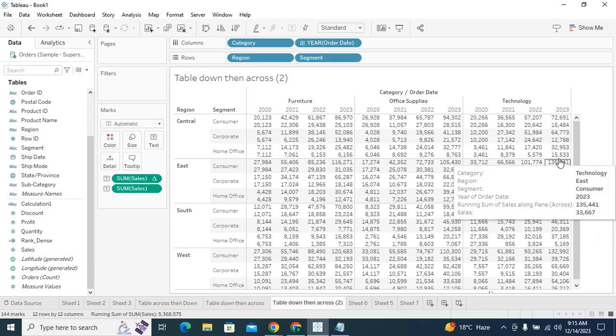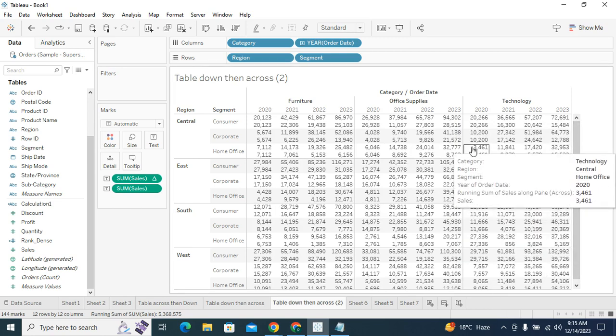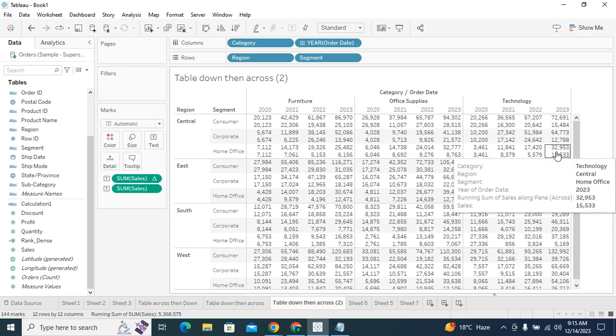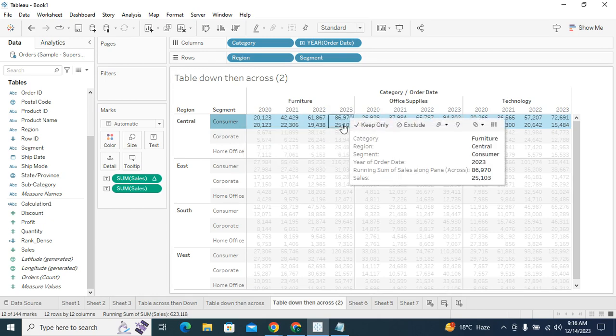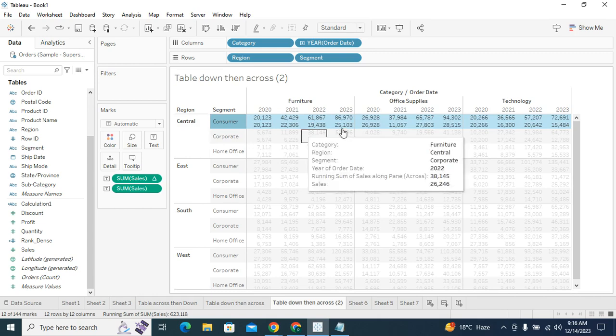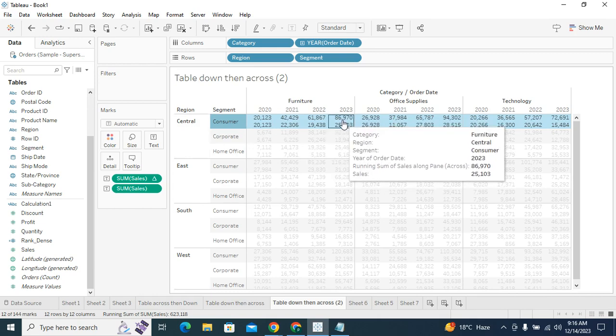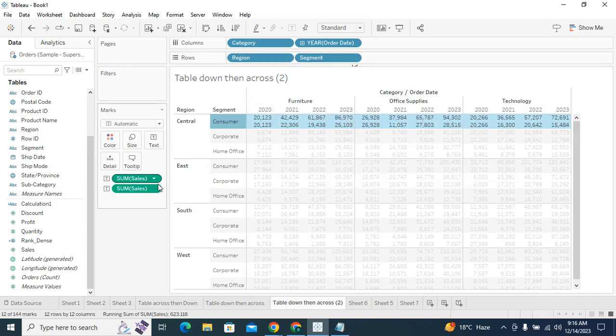So obviously, what will be the final result? When you want to validate, what do you have to validate? Consumer with 2023 data. Consumer with 2023 for the Central category, what is the value that matches here? 86,970. It is the sum of all the years because this is pane across. Similarly,